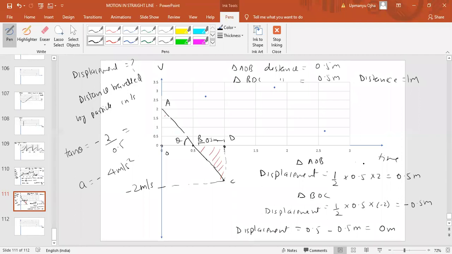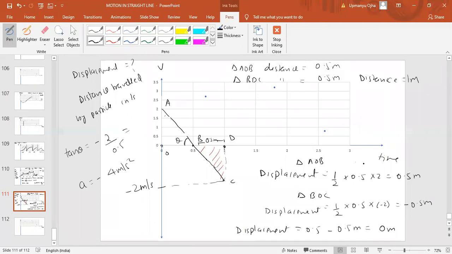The acceleration is the slope of the velocity time graph. I think I told you about how to find the slope of a straight line. That is why the basic mathematics class was very important to you all. Yes, if it is a straight line, then you can use the v equals u plus at formula. But if it is a straight line only. If it is something else, then it is not possible.